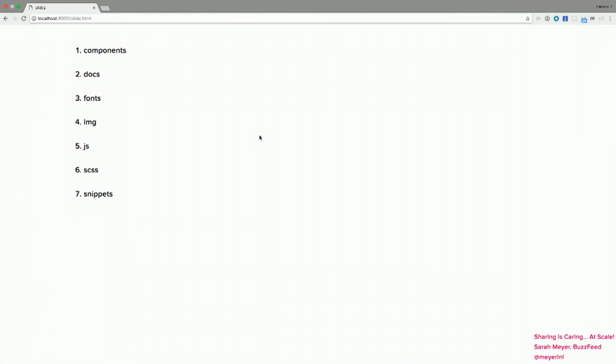You would see a directory of components. You would see a directory of docs, fonts, images, JavaScript, which largely means like services. And we're using a framework on BuzzFeed.com called T3. If you've ever heard of it, I would be shocked to pieces because nobody has, not D3 or anything, T3. So that's like